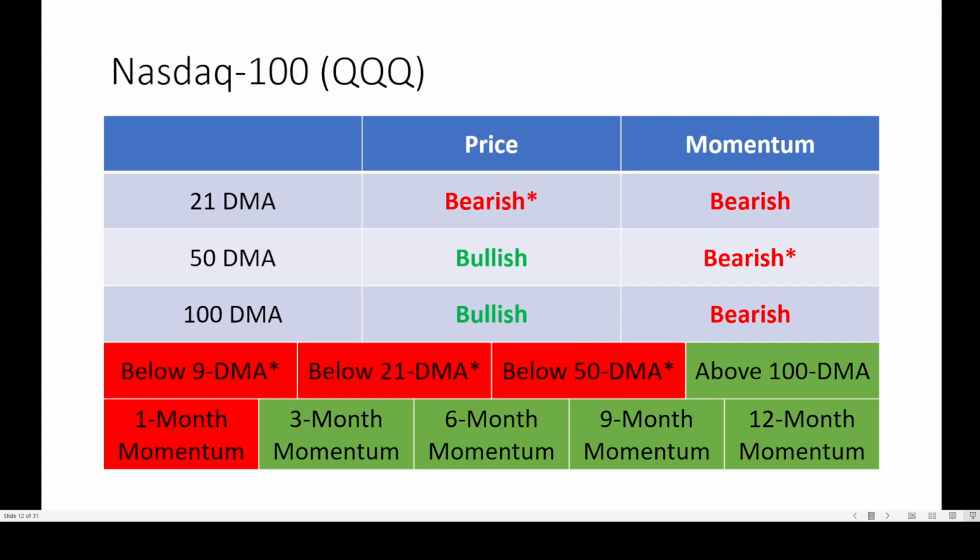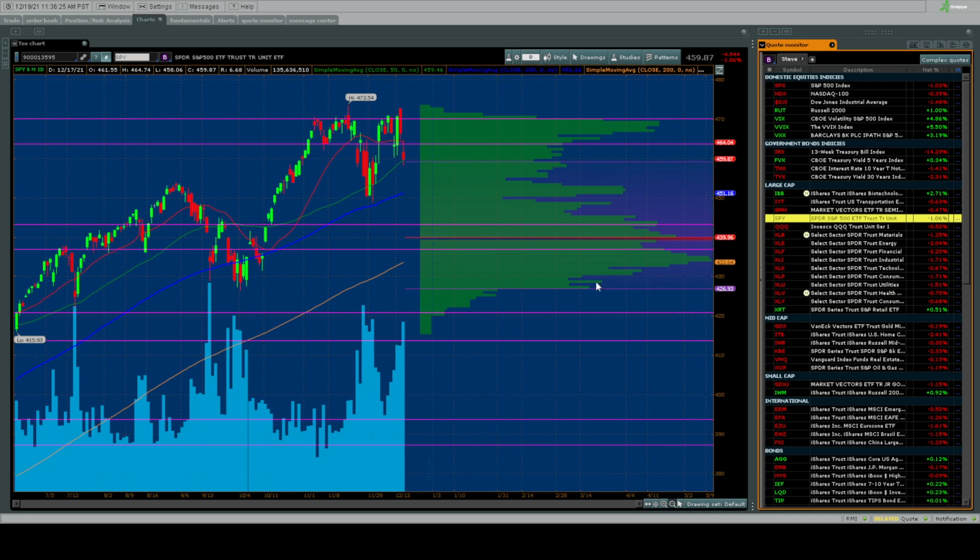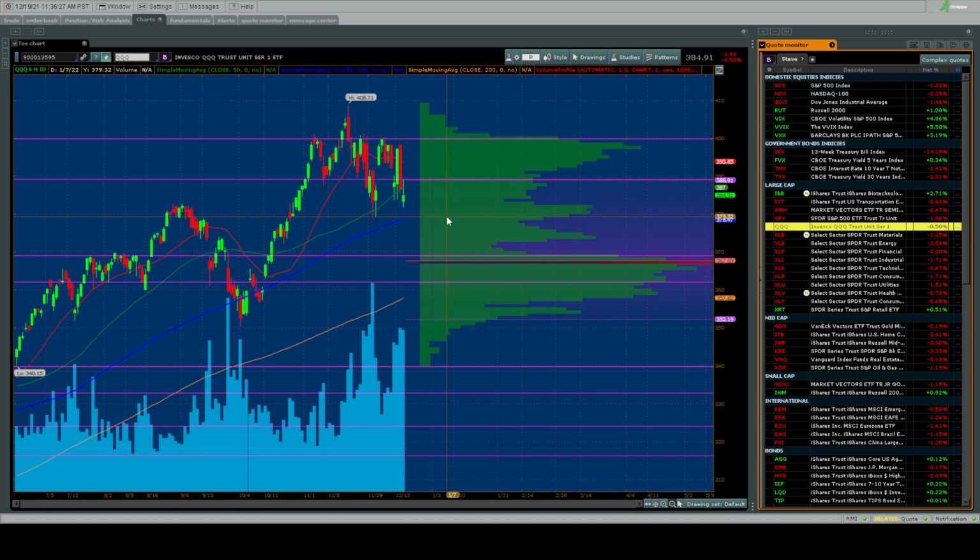And what do we see as we flip over to the charts? Well, we see a similar picture, as we see a very clearly defined sell zone above here between, say, 388 and 400. And what is that telling us? Support is where that volume profile line is in red at 367, again breaking below the 50-day moving average,